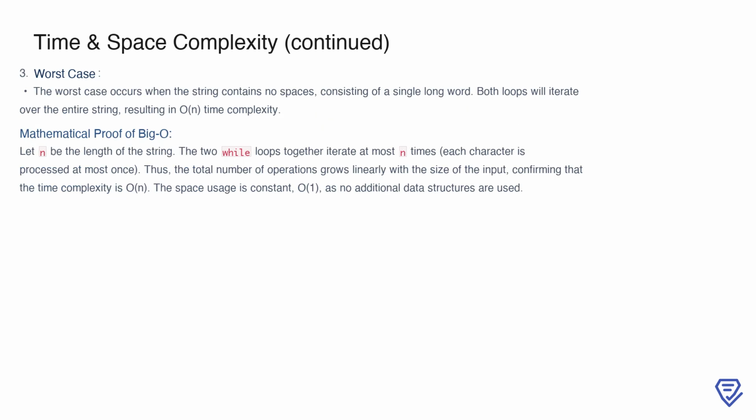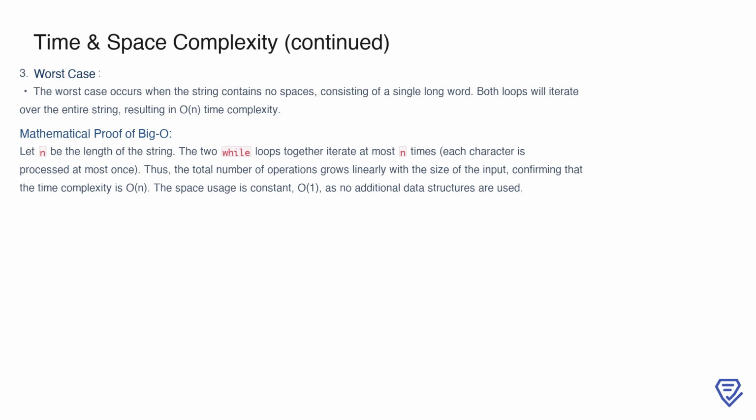In the worst-case scenario, the string contains no spaces and consists of a single long word. In this case, both while loops will iterate through the entire string, making the time complexity O(n). To confirm this, we can use a mathematical proof of big O. Let n represent the length of the string. Each character in the string is processed at most once across the two while loops. This ensures that the total number of operations grows linearly with the size of the input, resulting in an overall